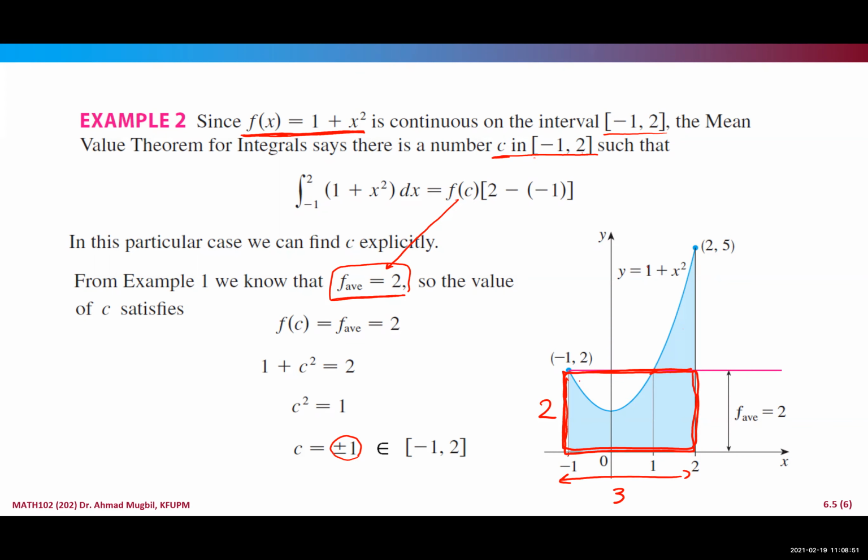If you find the area of this integral from -1 up to 2 for the function 1 plus x squared dx, I think we did that in the previous one. It was what? It was x plus x cubed over 3 from -1 to 2. We did find that it was 6, and then we divided by 3, the length of the interval. So it will be what?